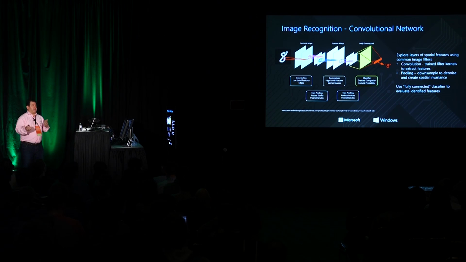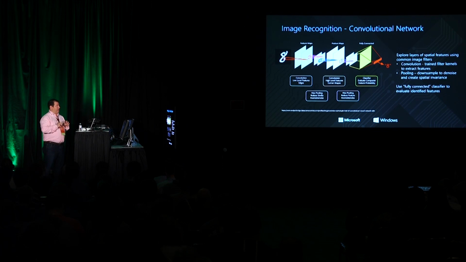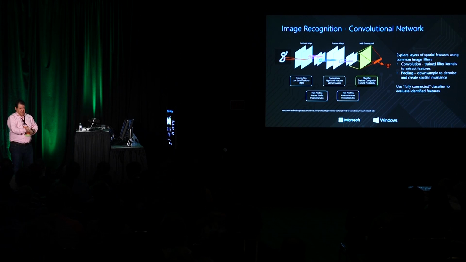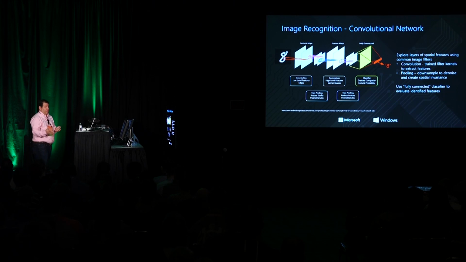So we use a combination of techniques, first convolution to extract features. And then once we've extracted features, we use operators like pooling, which basically selects regions in the image to define how we denoise that and create invariance spatially. So if you think about when I'm drawing a number 7, there's a straight line at the top and then a slash. But if I happen to draw it this way, I don't want my neural network to think that that's a different thing. So by doing these techniques, we become invariant to some of those differences. The combination of all those together is what allows me to put together a whole set of macro features and then classify the end result.